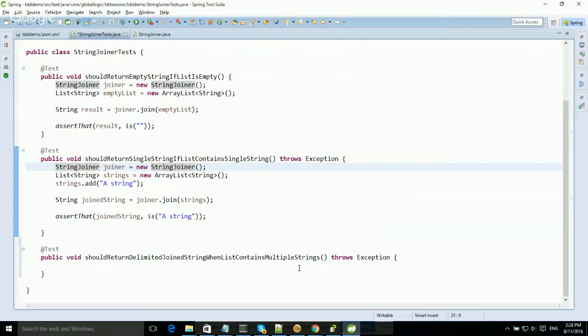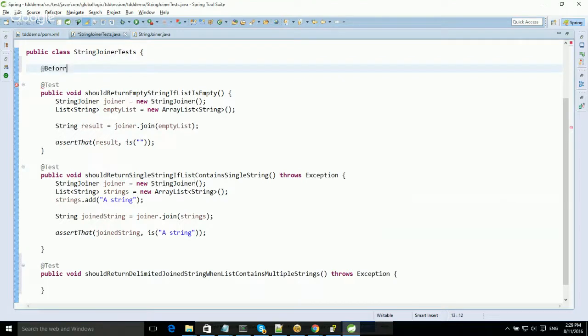So let's see if there are any issues in what we are writing so far. If you see in these two tests, string joiner and the empty list, these things are repeated, and instead of repeating in each test, we can extract them out or refactor them out in a before class,